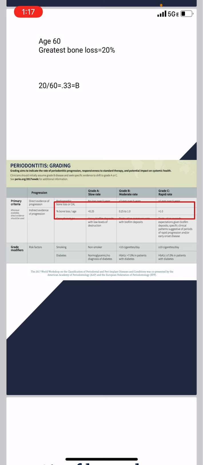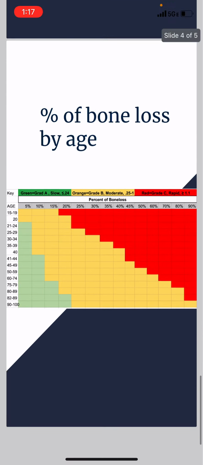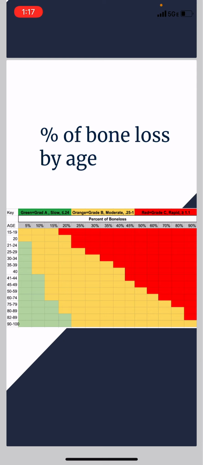Now I've put in, for example, down here, all of the ages on the left side that patients could be, age 15 to 100. And then along the top, the percent of bone loss that the patient has. So you already know this. This is pretty easy to guesstimate even in your head if you didn't have a lot of time to sit and do math. For example, if you have a patient who is age 19 and they have 30% bone loss,